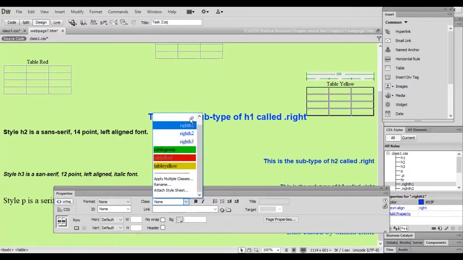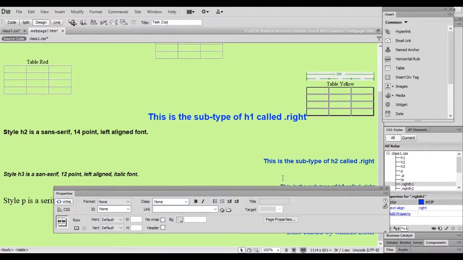P my paragraph tag, write a line H1, H2, H3, and you can see them clearly. So this is the BG color, table green and table red and table yellow. As I click on this, I would like to change the cell color of this.